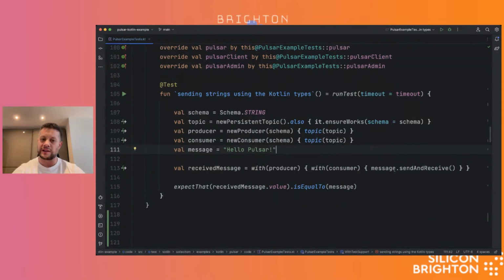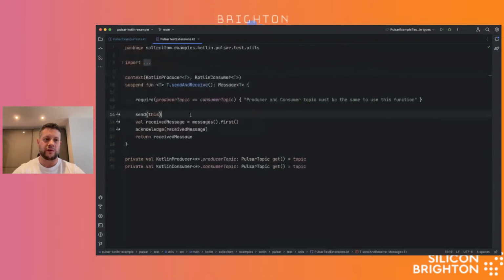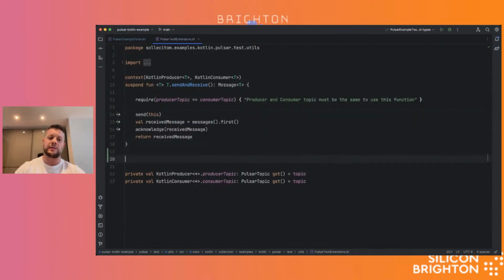Now, another one that is interesting in Kotlin is this idea of multiple receivers. Now, this is going to look a little bit weird if you've never seen it before. You guys are probably aware of extension functions in Kotlin. So as an example, I could create an extension function on a string called, I don't know, last 3 characters.